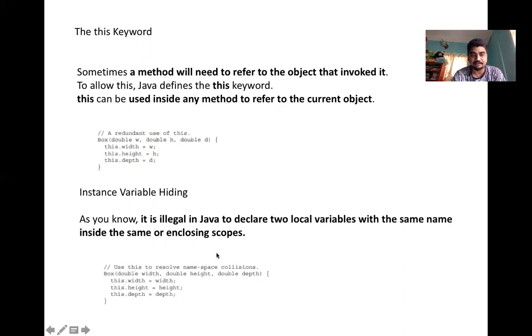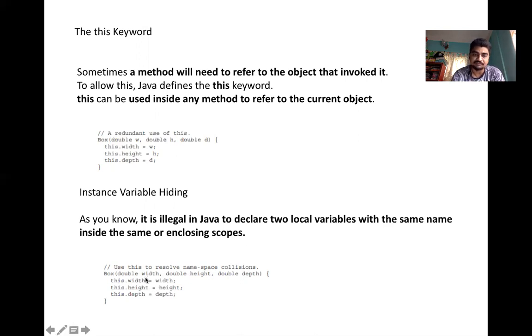Another reason why we use this: it is illegal in Java to declare two local variables with the same name inside the same or enclosing scopes. This is called namespace collision, where the names should be different.